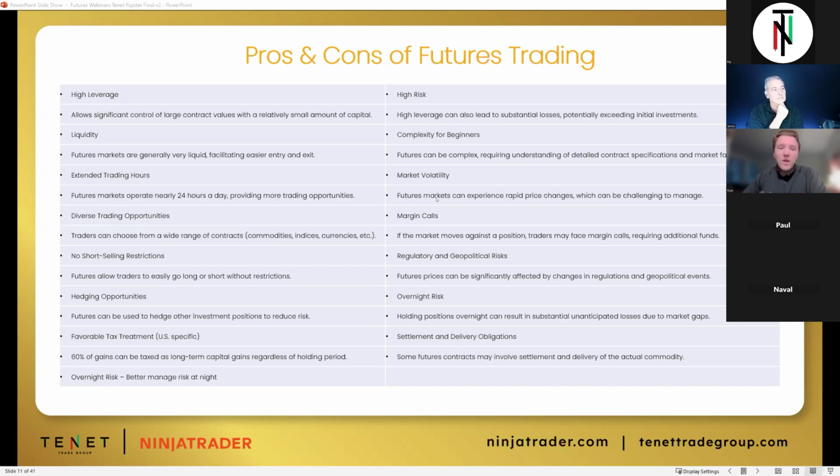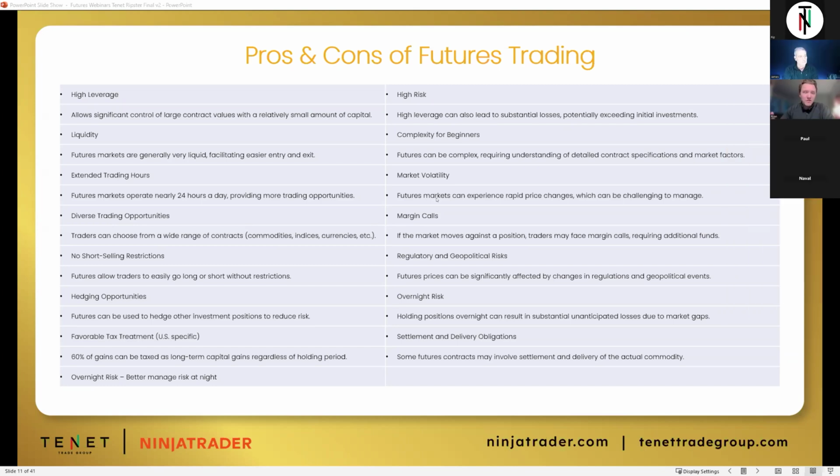So we always encourage people to start with practice trading. It is very important to practice trade futures before going live and actually risking capital. Very important aspect that I want to mention. I would also recommend trying micros in the